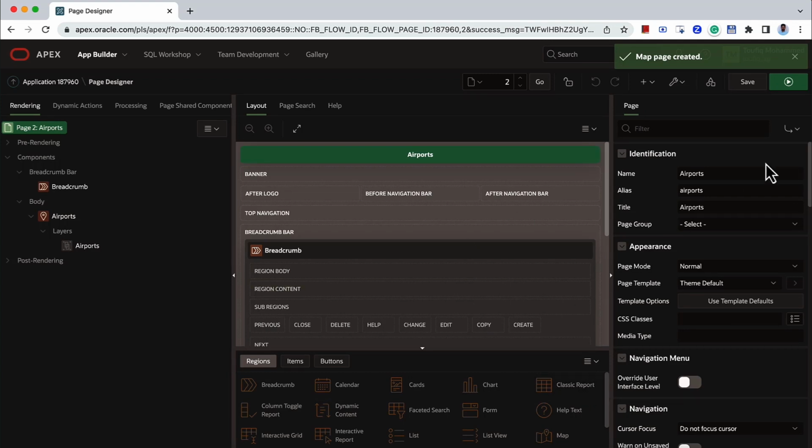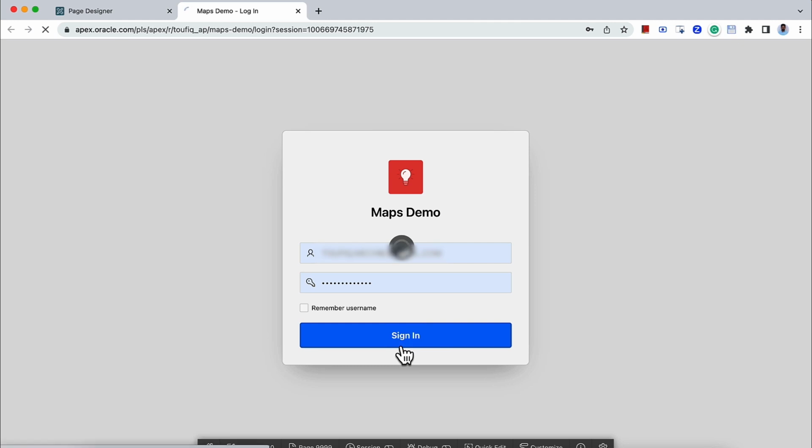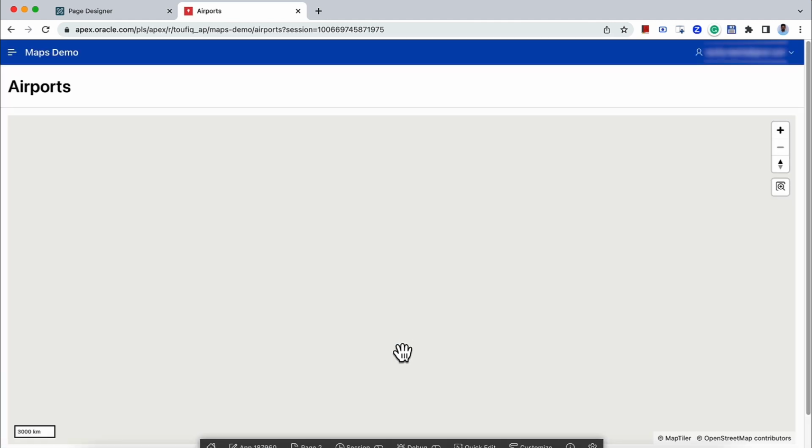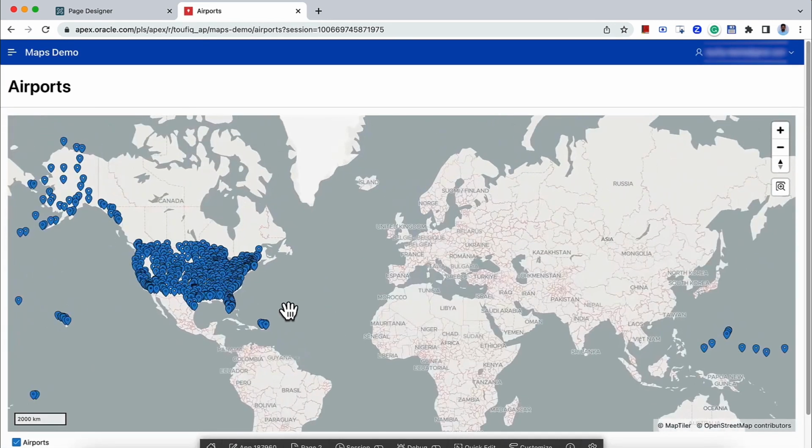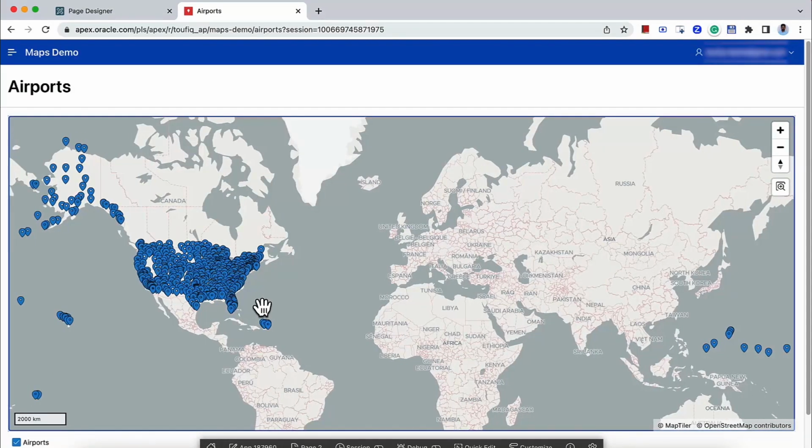Now the map is created. Let's look at how this looks in the runtime. Since we selected points map style, these are all the points that we are getting from the database table sample map airports. Now let us see what the page creation wizard has created for us out of the box and